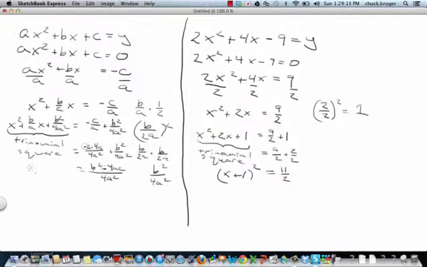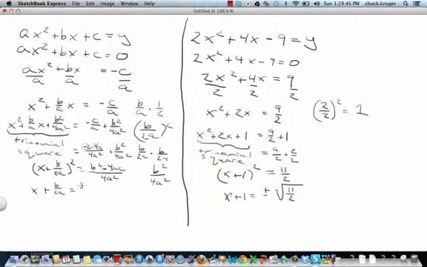And what I'm going to do is write that as a binomial. It's going to be half the middle term, or the square root of the last term, and so it's going to be x plus b over 2a. Alright, so what I'm going to do is take the square root of this side. I'm going to have x plus 1 is equal to plus or minus the square root of 11 halves. And over here I'm going to write x plus b over 2a